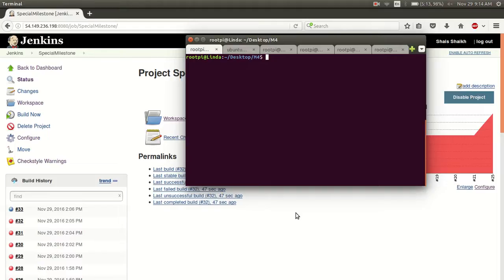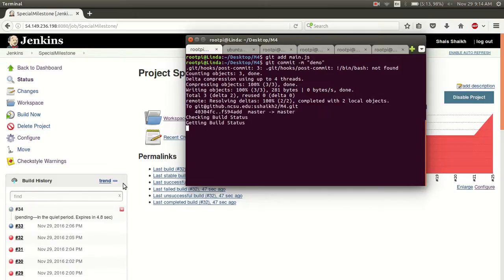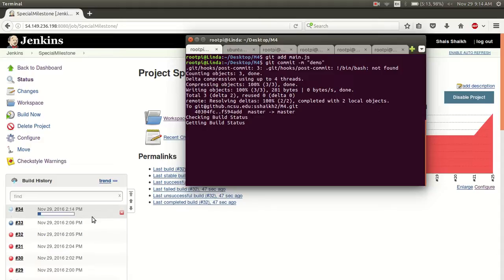For the first milestone, what we did was we configured a post commit hook so that it triggers a build on Jenkins. I'll just quickly show you how that works. Now the build has been triggered, and as you can see over here, a new build has started, and it